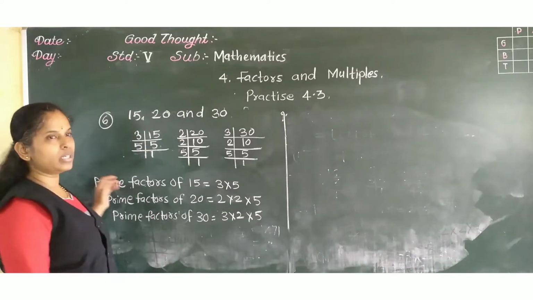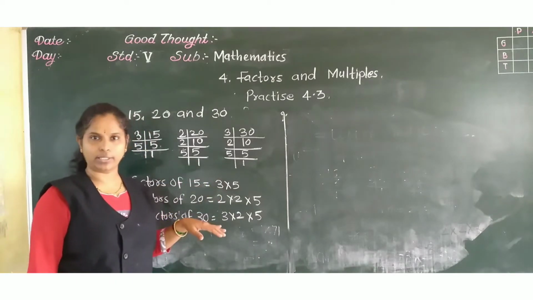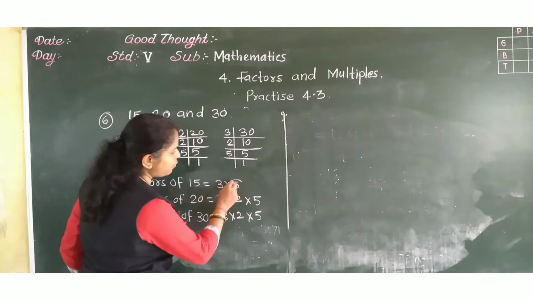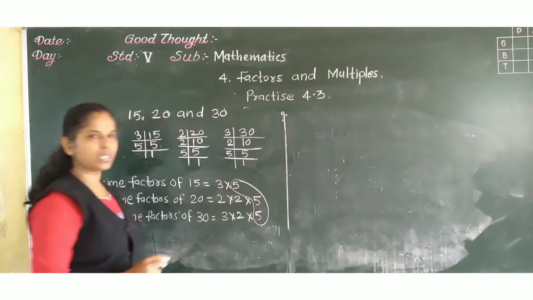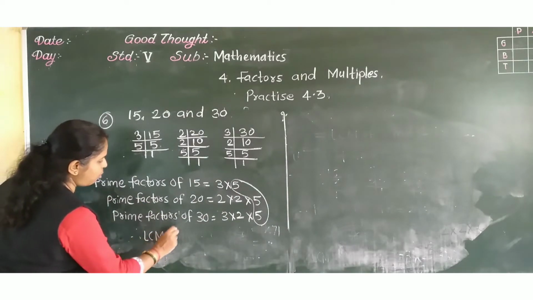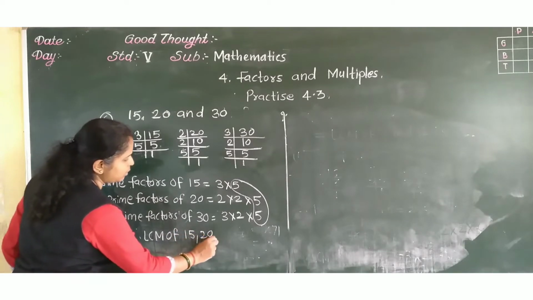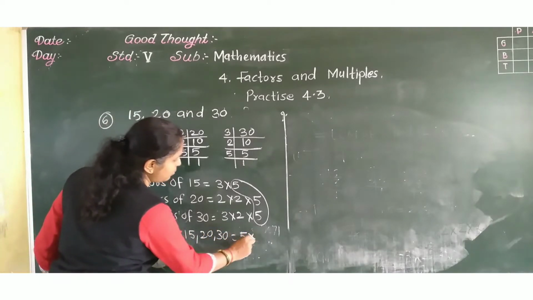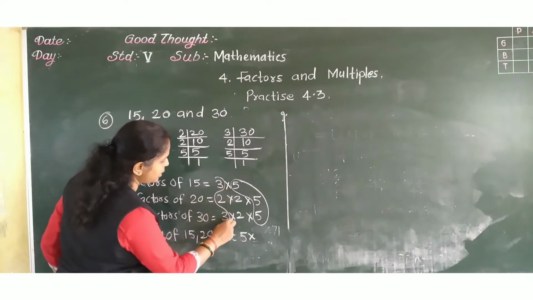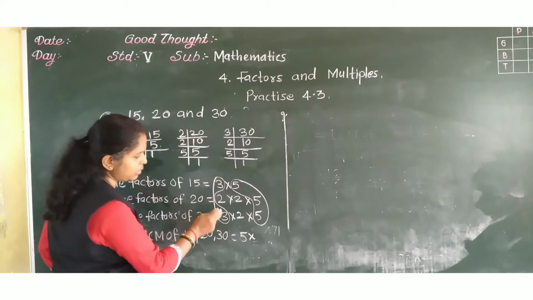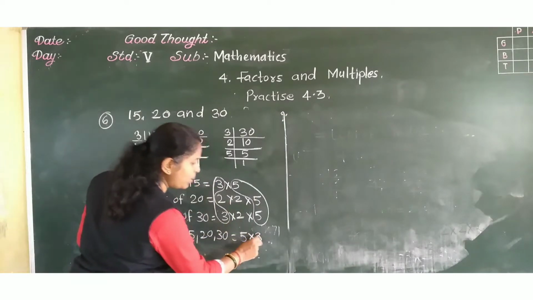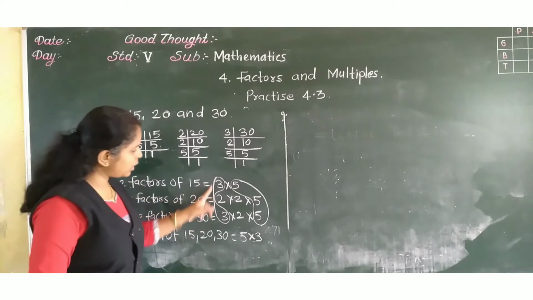So now our work is to first find out the common factors which are there in all 3 numbers or any 2 numbers. Now see here, this 5 comes in all these 3 numbers. So for the LCM of 15, 20, 30, the common factor I have written is 5. Then if you see these 3 and these 3, 3 is there in both these 2 numbers, common. So write it one time only. Common factors we have to write one time. So 3 I will write one time.